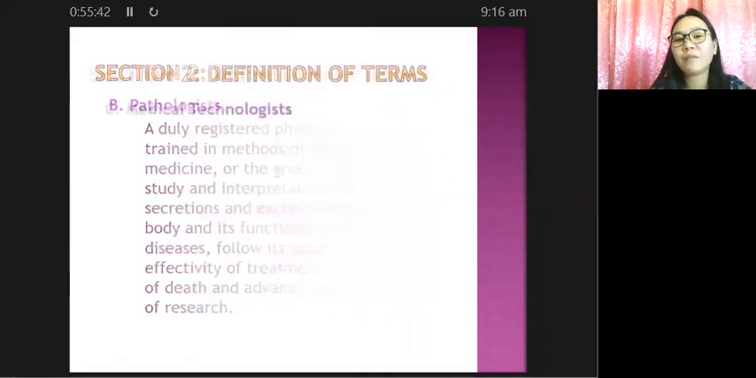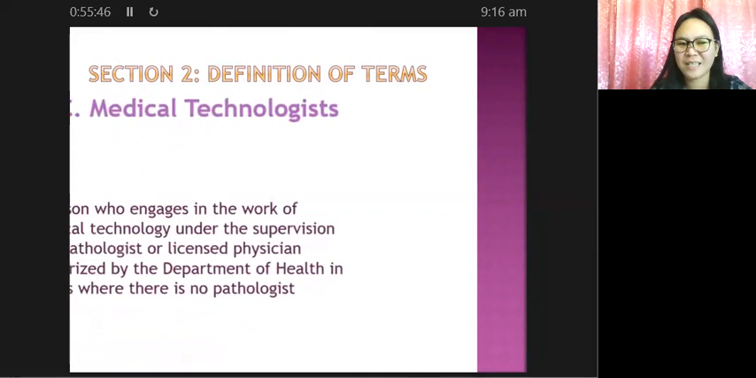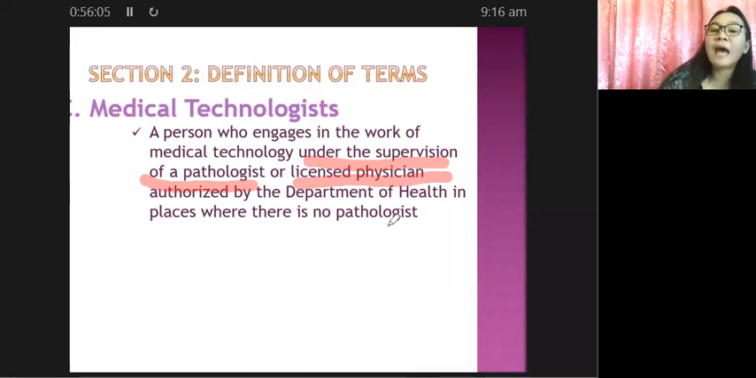All right, so another definition, we have medical technologist. So what is a medical technologist? A person who engages in the work of medical technology under the supervision of a pathologist or a licensed physician authorized by the Department of Health in places where there is no pathologist. So that means a medical technologist cannot work on his own without the supervision of a pathologist or a licensed physician. Okay, so take note that